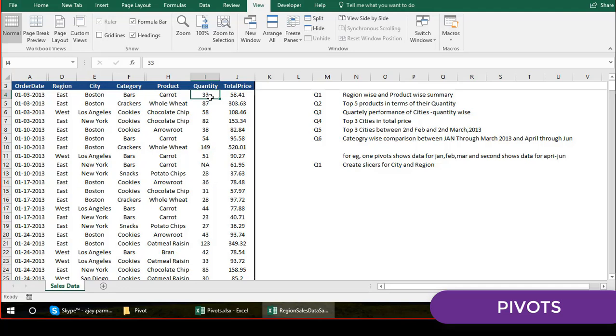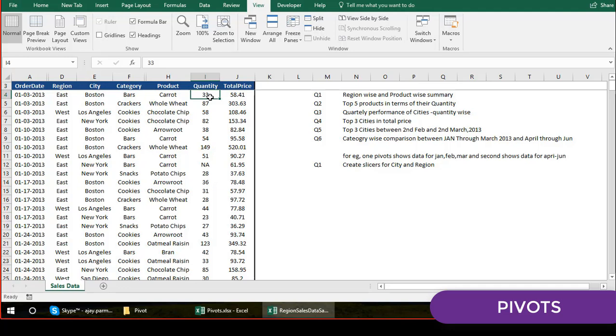But first of all, I want to give you a good picture of what is the need of the pivots, because right now I'm telling that it's for the dashboards, but why the dashboards? I mean, why does it help us in summarizing the reports, what sort of questions can it answer? So what questions can we ask from this data right now?